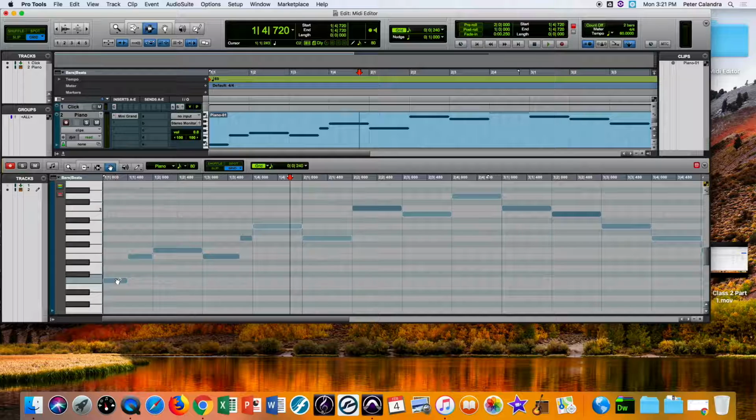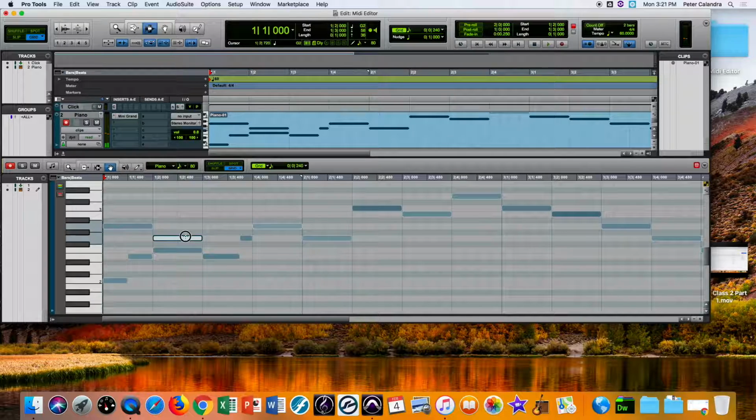So I'm gonna add an A to this first note. So I'm going to take this. I'm holding down the Option key before I click on it, and I'm dragging up to A. And notice now I've got 2 notes. If I want to make this a quarter note, I simply go to my trim tool and drag it out. And then, once I have this here, I can Option drag this here,